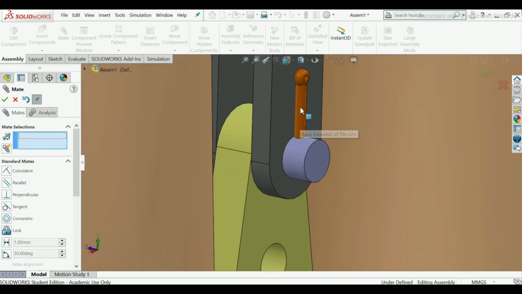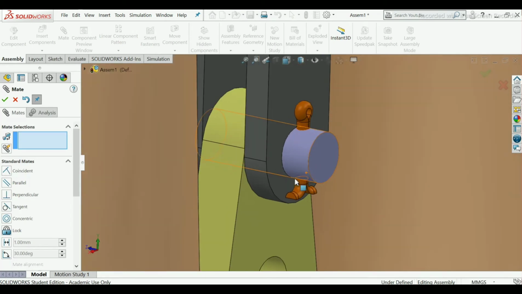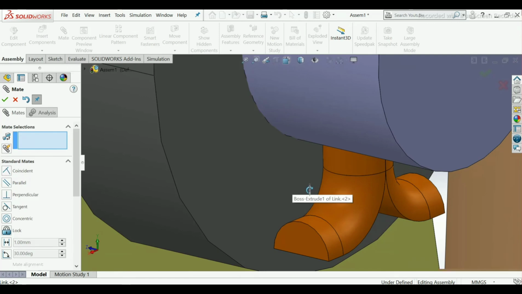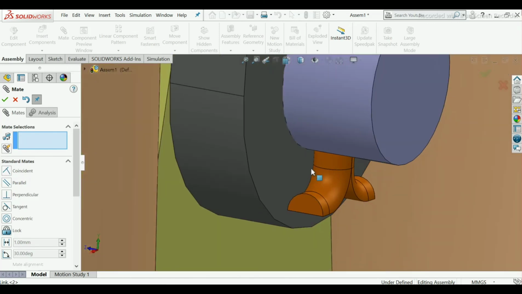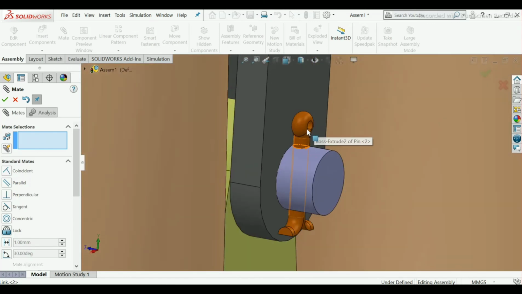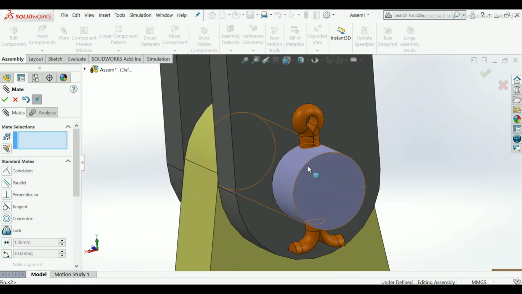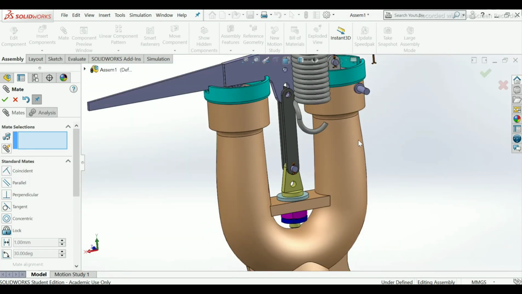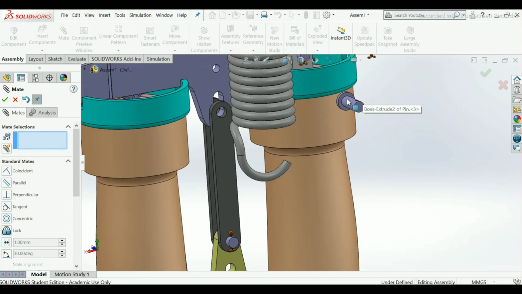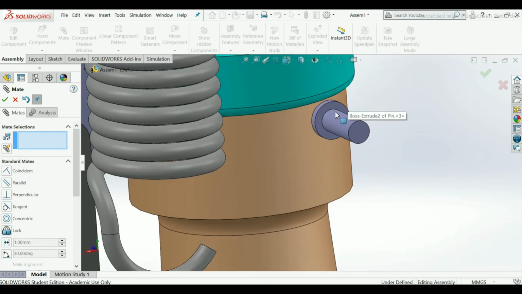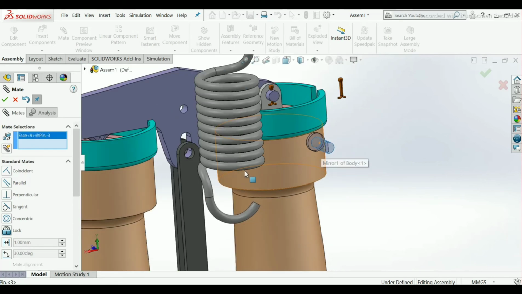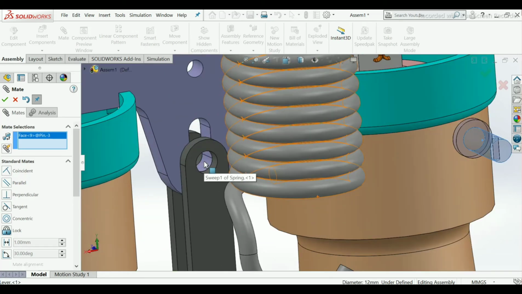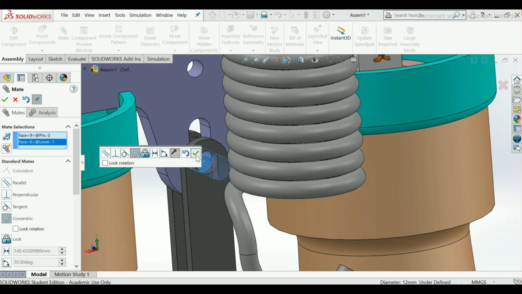Okay, here you can see there is no gap in between, remain as it is. Select this face and this face. Okay.